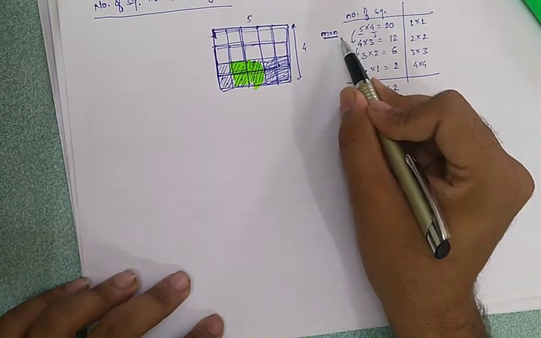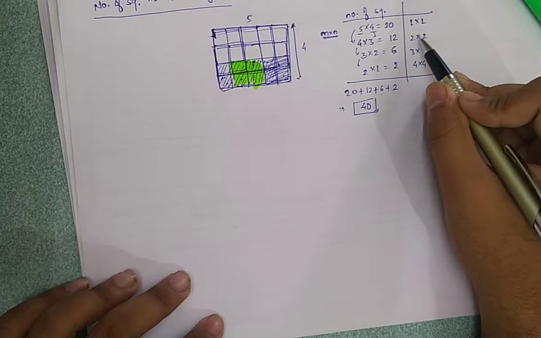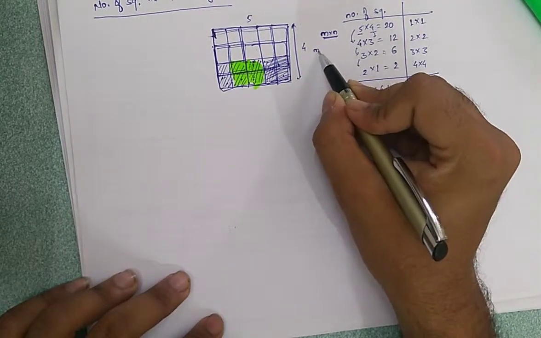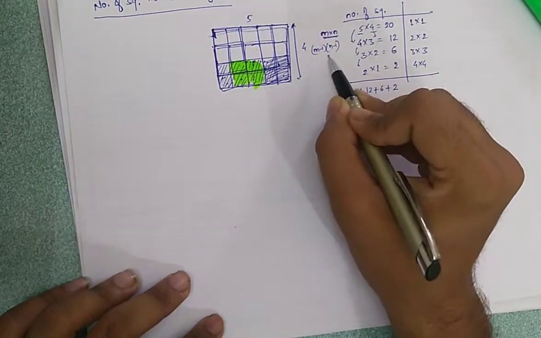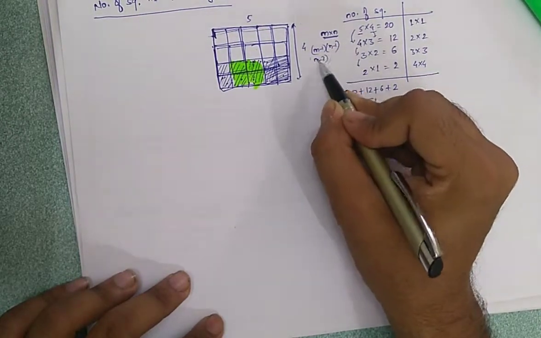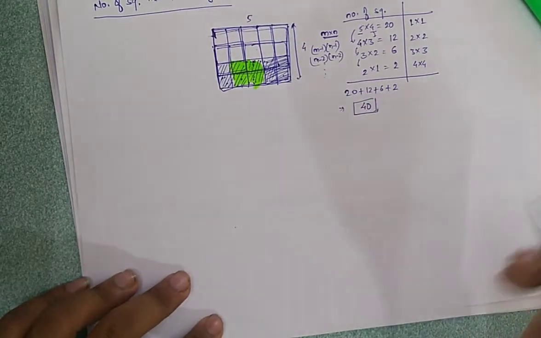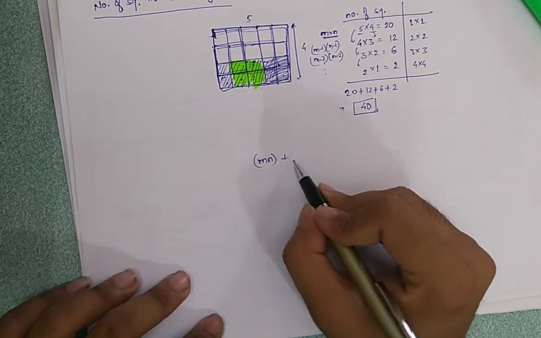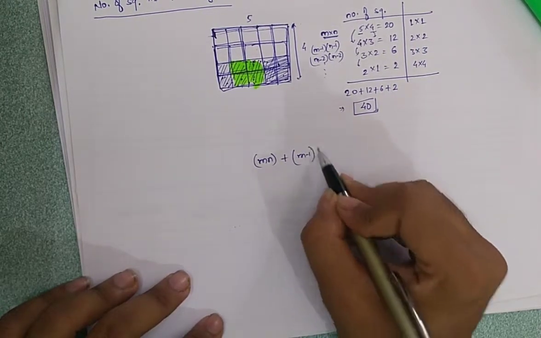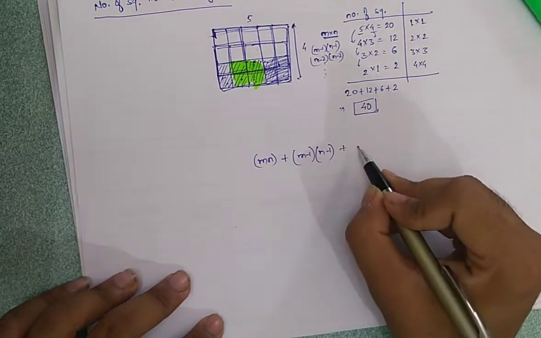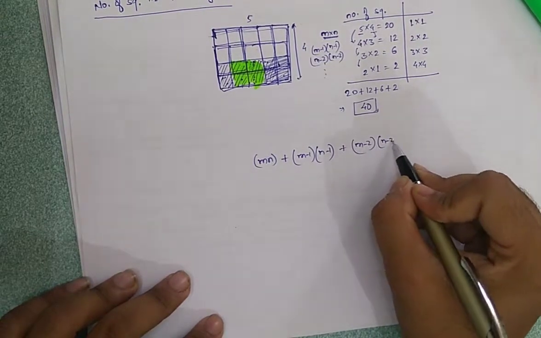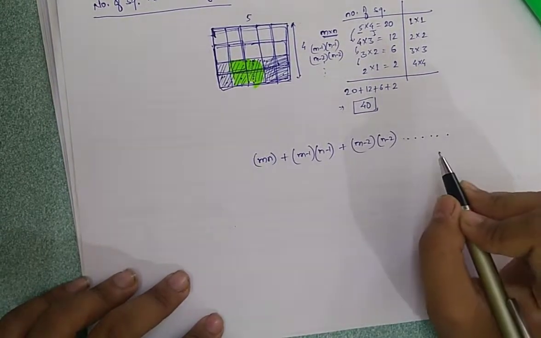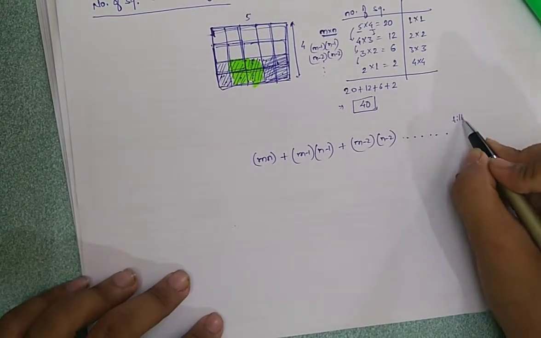Minus 1 from m, minus 1 from n will give us the number of squares of 2 into 2 kind. So that is (m minus 1) into (n minus 1). Following the similar pattern, m minus 2, n minus 2 and so on. So the generalized formula can be mn plus (m minus 1)(n minus 1) plus (m minus 2)(n minus 2) till where it will go? Till the point